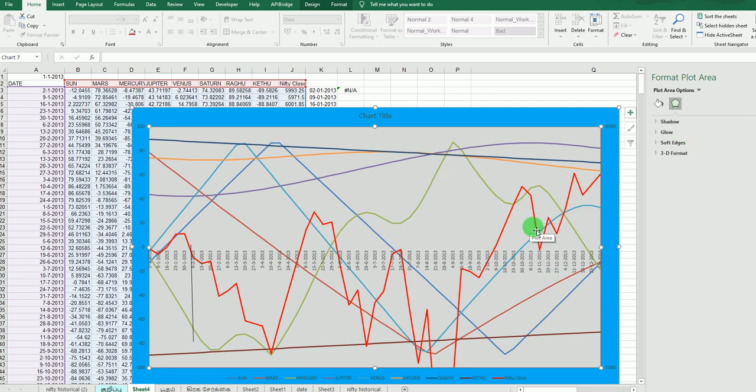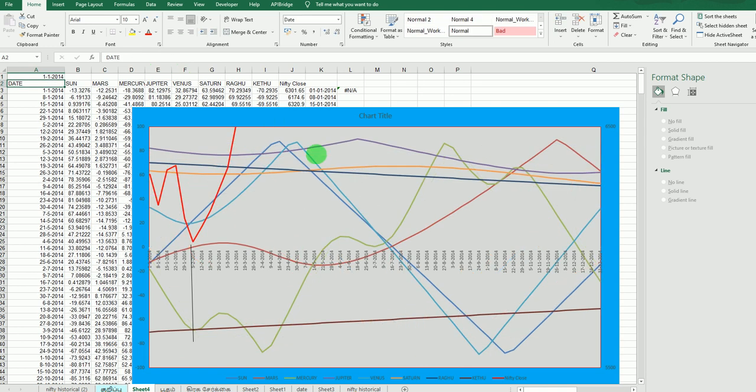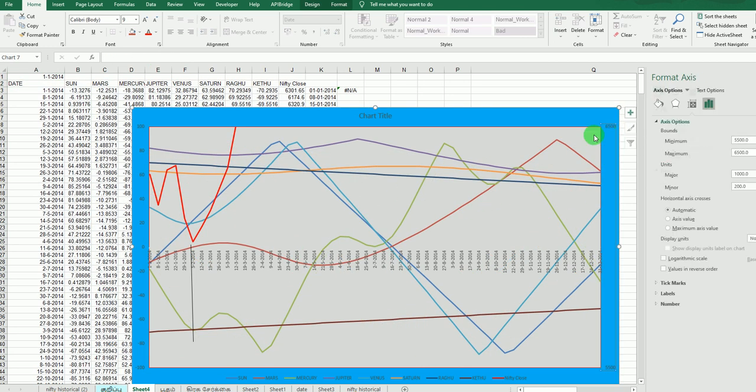Most of the time Mercury, some analysts say Mercury is important for the market. The same is reflecting. So just modify the range; depending upon the range we should modify.